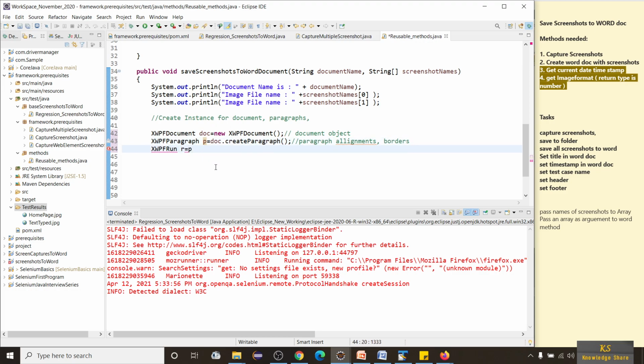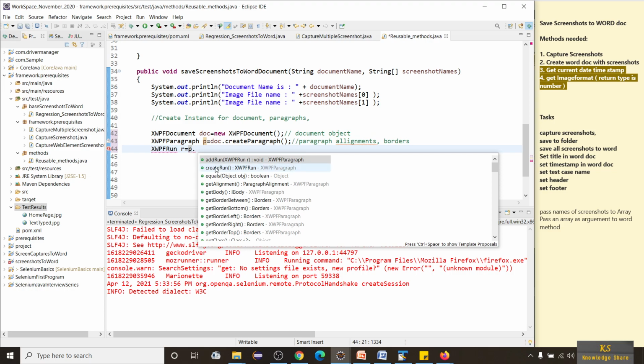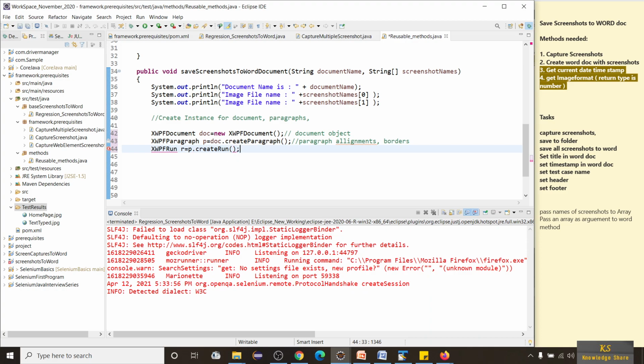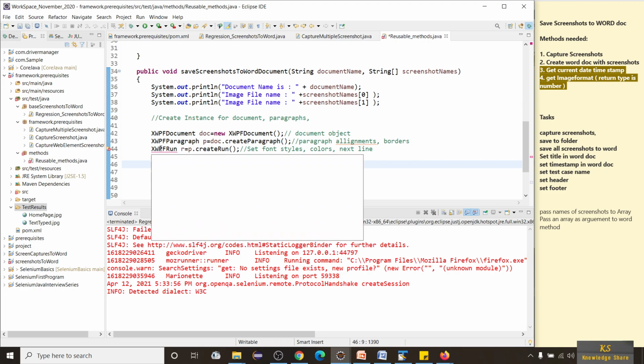We need to format this paragraph, so p dot create run is the method we are going to use. This method is used to set font styles, colors, and you can even go to the next line. All those things will come from there. Now import this XWPFRun as well.